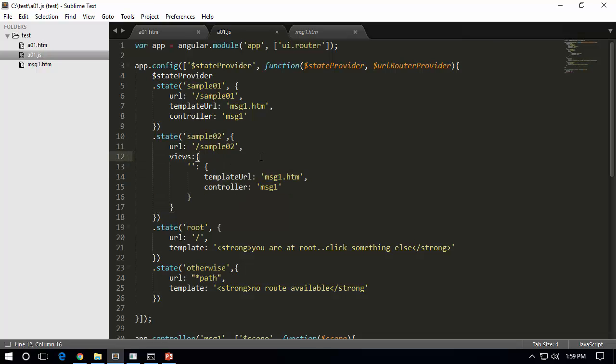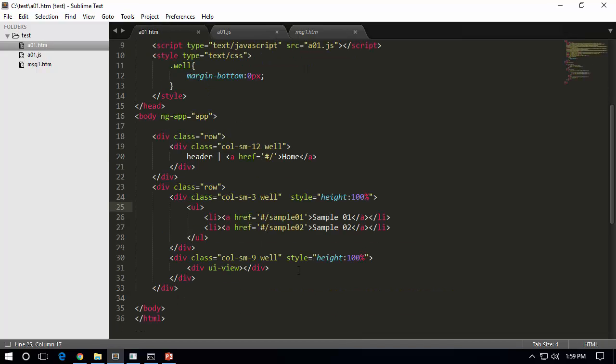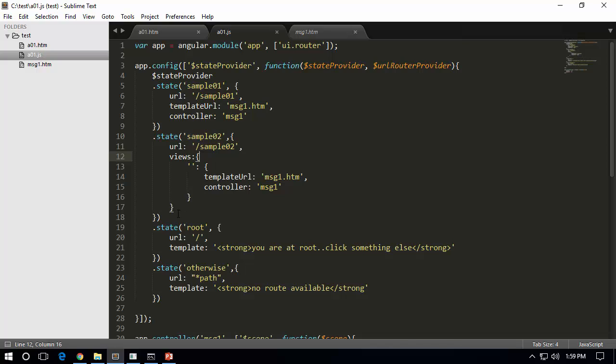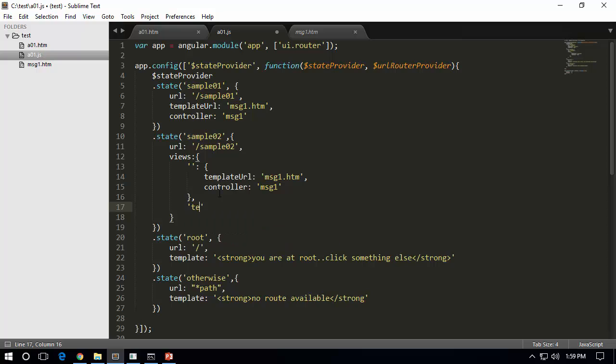For example, if I would like to have another view defined, just wanted to show something like this. I would like to have a new view defined as part of the main application. In this case, I would like to say something like test. So this is a new UI view. This is nothing but multiple views. I have a new UI view named test, and I would like to make use of that as part of the same state sample02. So if such is the case, I can do something like test,